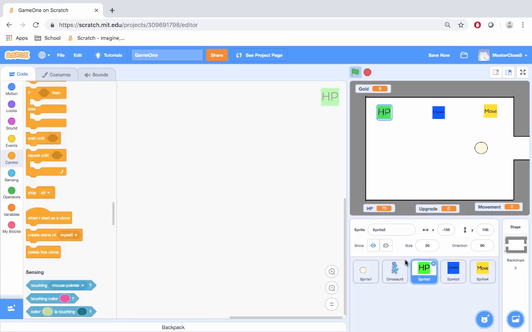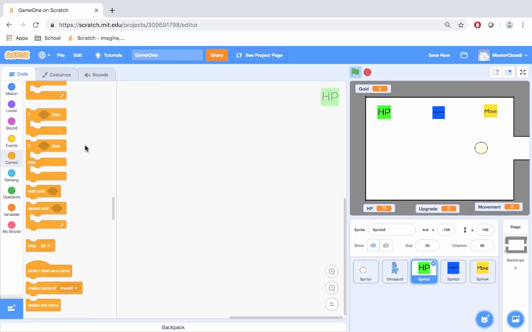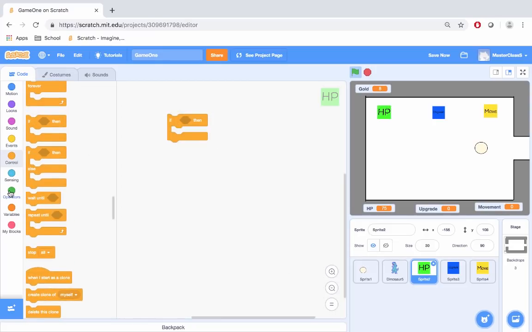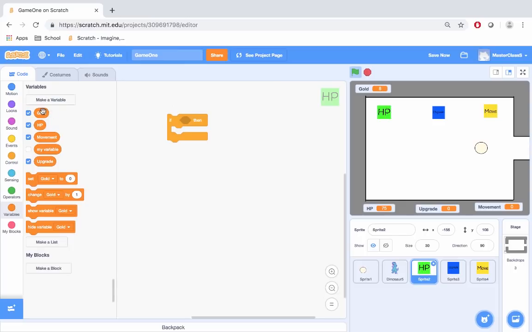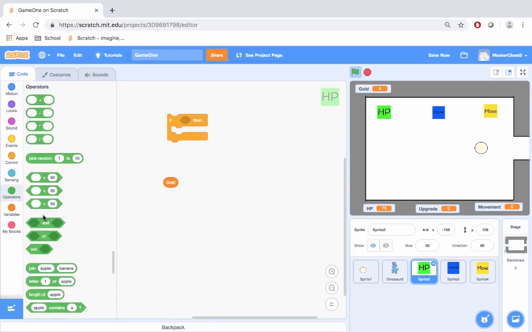And on each one, I'm going to pretty much do the same code. If gold is greater than 10, if gold is greater than 10,